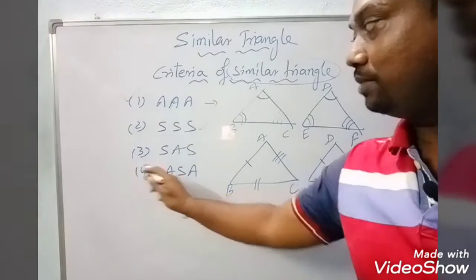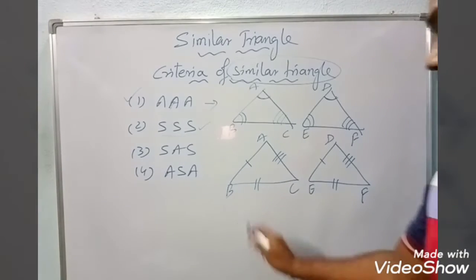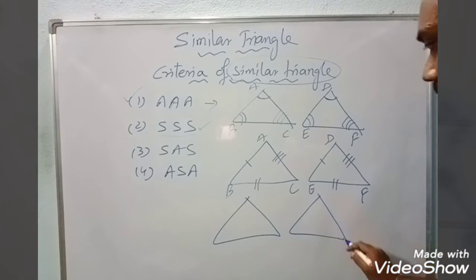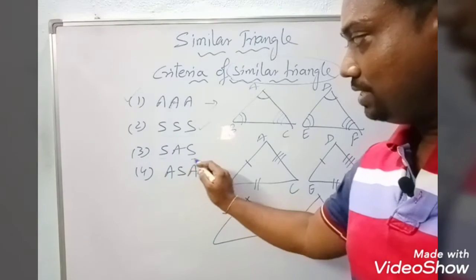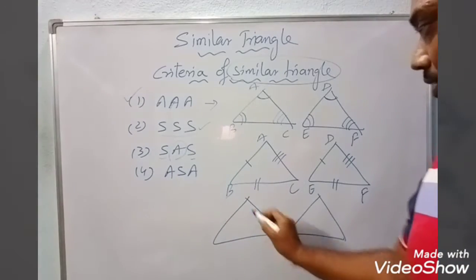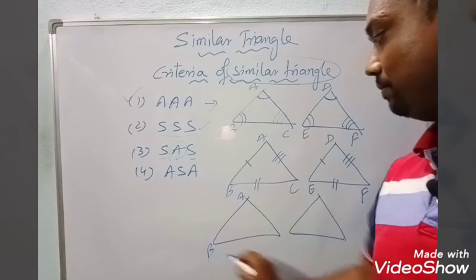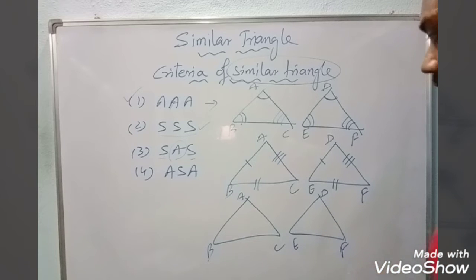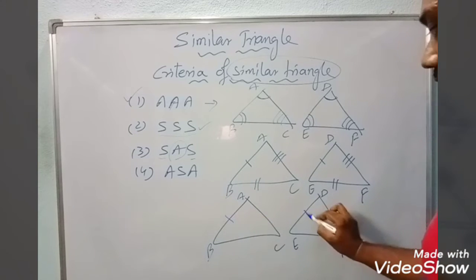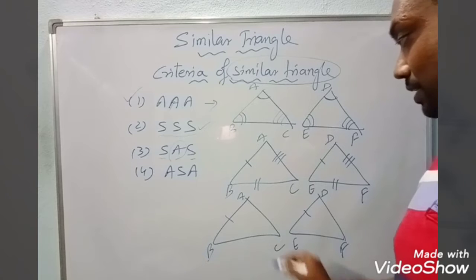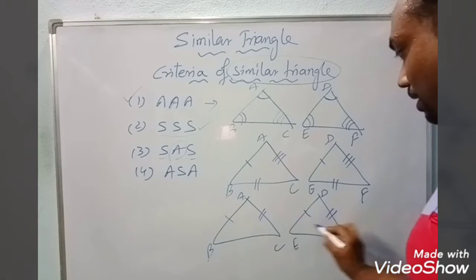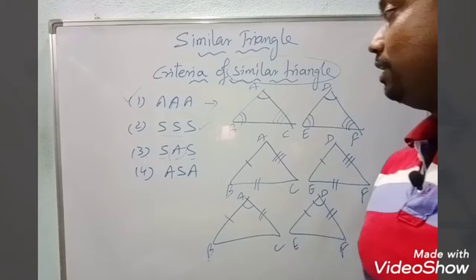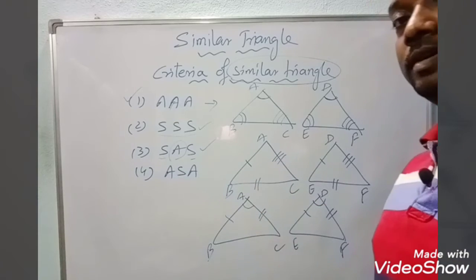Now the third property, that is side, angle, side. Again, if I consider two triangles, where two sides and an included angle are given, naming this as ABC and this one as DEF. If two corresponding sides and the included angle of a triangle are equal, then SAS is satisfied.